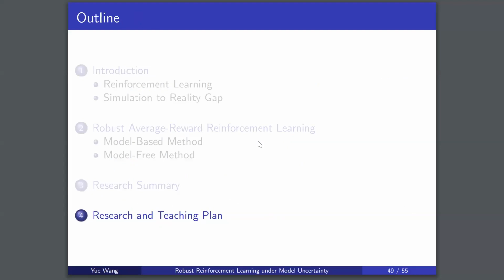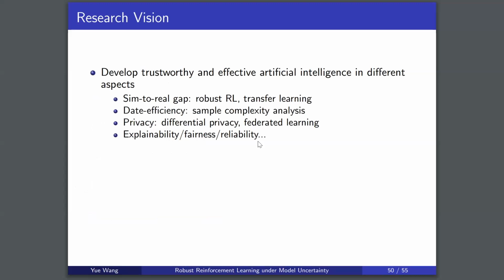Let's now talk about the future, my research and teaching plan. My ultimate research goal is to build a trustworthy and effective AI system so that we human beings can use and rely on this AI system freely, with no concerns, and with more confidence. Nowadays, with the fast development of AI, the concerns about AI have also increased. You just search online for questions like, will AI destroy the world? Will AI take control of humans?